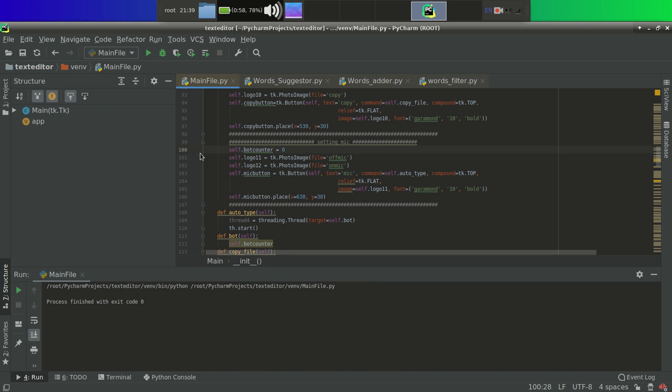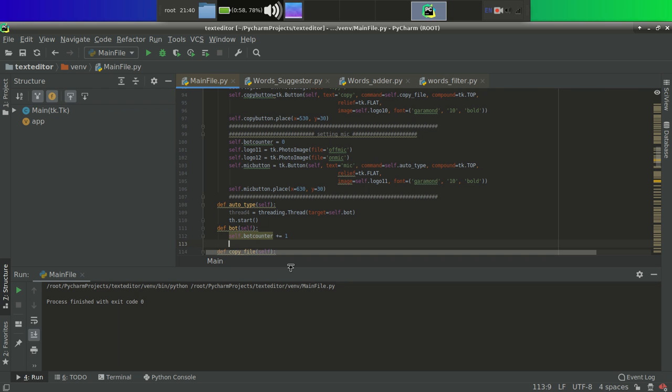Initially it is 0, so you can take it as even, and auto type is not working. But when we click on auto type, or the back button, it will be increased by 1. So like this, we have increased the bot counter. It means we want to run our mic.